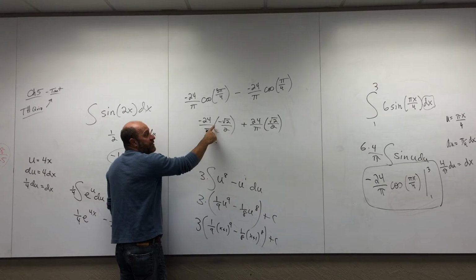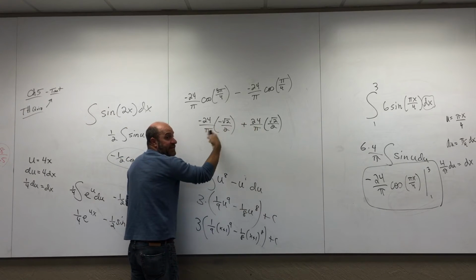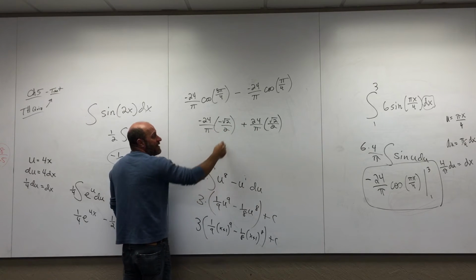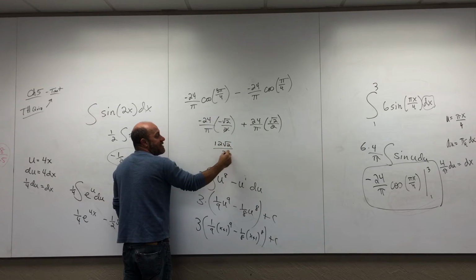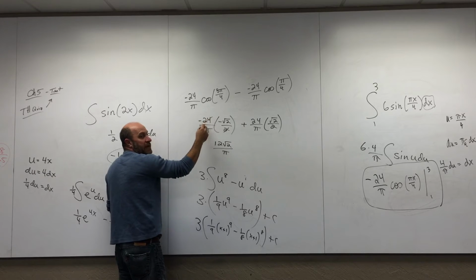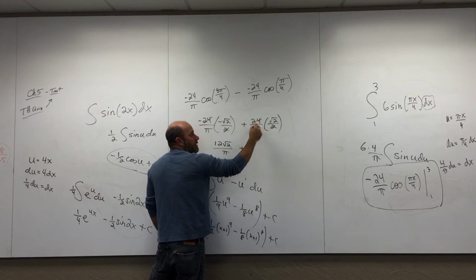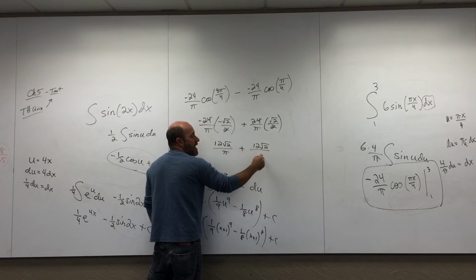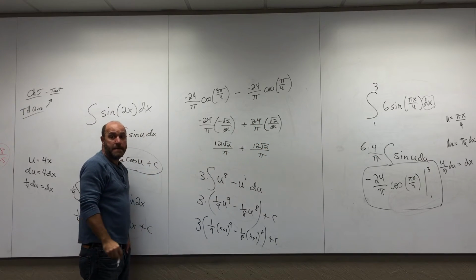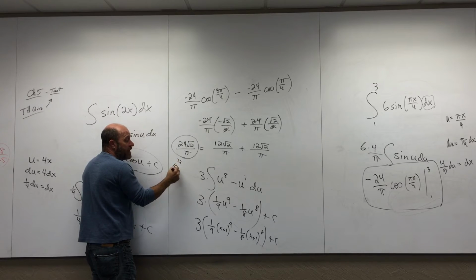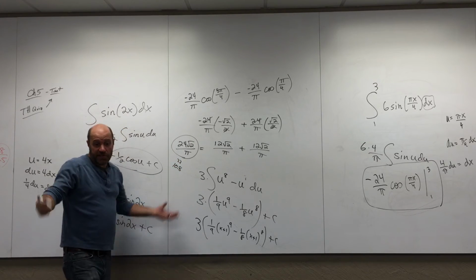So this is a positive, and this is a positive. They'll add together. They're the same number. Let's see, there's a couple ways to think here, but I would cancel this 2, maybe call this 12 square roots of 2 over pi. Is that okay with you? Canceling the 2. And then here's another, same thing: 12 square roots of 2 over pi. And so when you add them up, you have 24 square roots of 2 over pi, which is approximately 10.8, which is